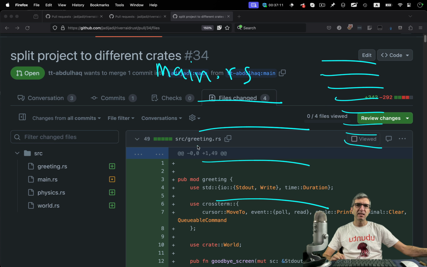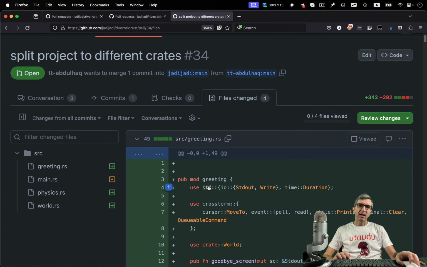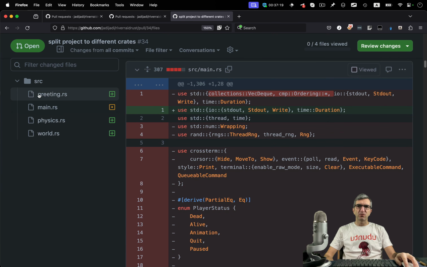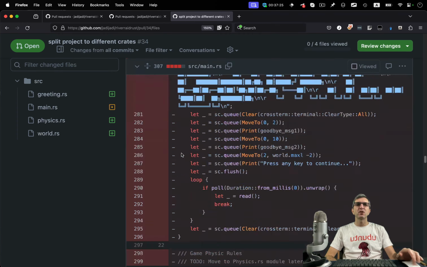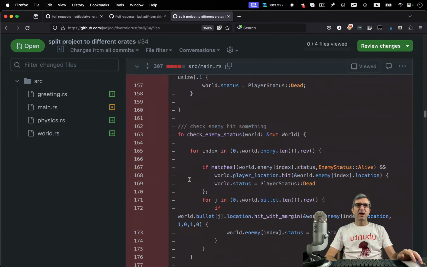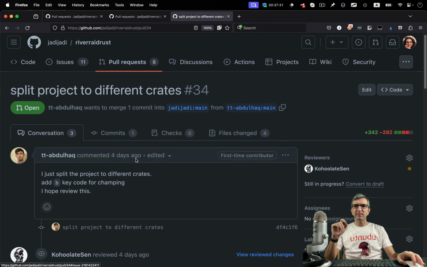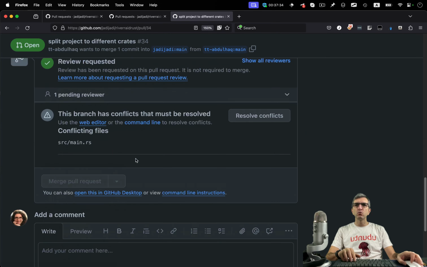For example, he created a greetings file. This is very nice and seems to be done very cleanly. I said just from here, the world, physics and everything. But now the code has changed a lot. So I cannot easily merge this one, but I will send a message and ask him to redo this.